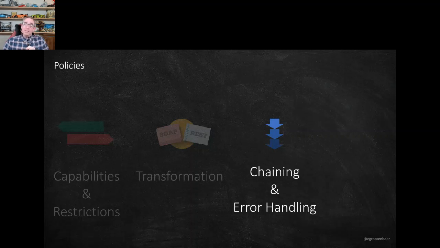Another thing you can do with API management is chaining policies. You can say that the output of one policy is the input for the next policy. So you can set variables, for example. I just mentioned to you, before yesterday, what we would do when we needed a secret is call out to the key vault. You would call out to the key vault from one policy, get the result back as a variable, and then use that variable in your next operation to do your authentication, for example. So you can chain those policies together.